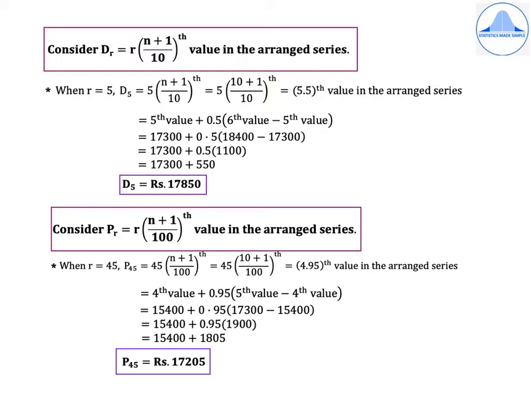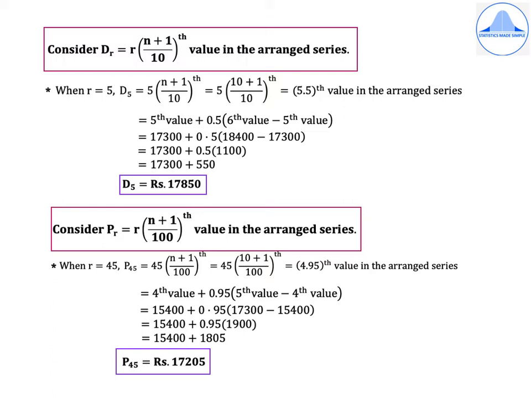In a similar way, write the formula for the rth percentile for raw data, that is Pr is equal to r into (n plus 1) by 100th value in the arranged series, and when we put r equal to 45, we get P45 is equal to 45 into (n plus 1) by 100, which is equal to 45 into (10 plus 1) by 100, which is equal to 4.95th value in the arranged series, which is equal to 4th value